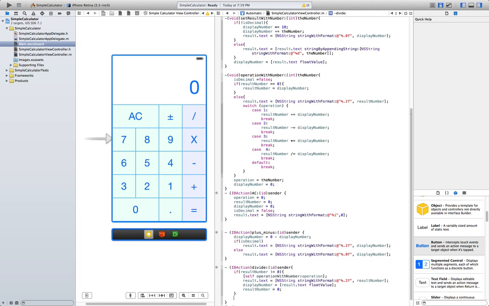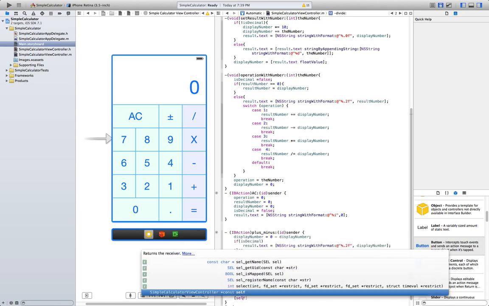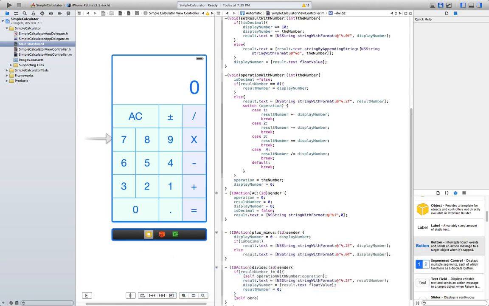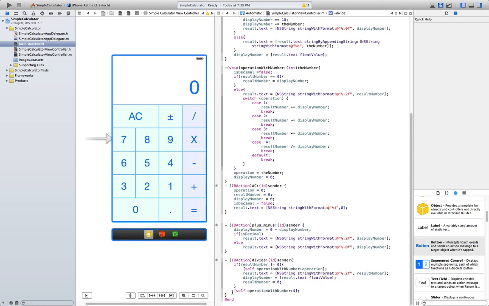And finally we set self operation to 4, which is a division.